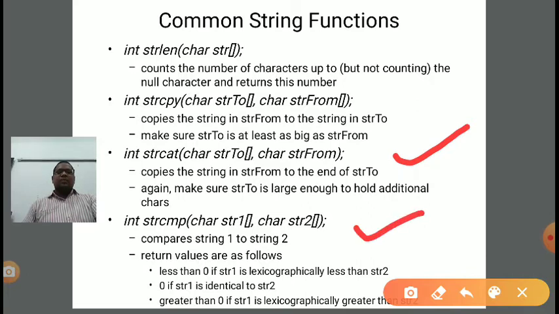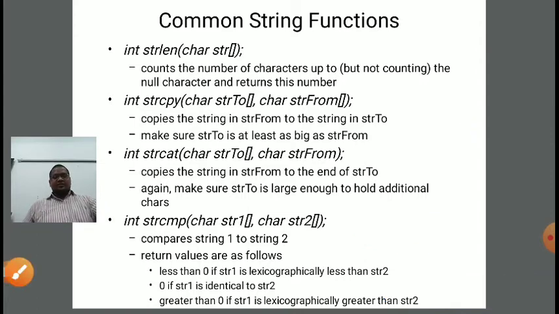Next is strcmp, to compare two strings. While comparing, there are two concepts we need to follow. First, in order to compare two strings, the length of both the strings should be the same. That is the first condition. If the length is the same, it doesn't guarantee that both the strings are equal. In order to compare further, we need to check the corresponding characters of both the strings. If all the characters, starting from the first character to the null character or last character, are equal in both the strings, then we will say that both the strings are equal.